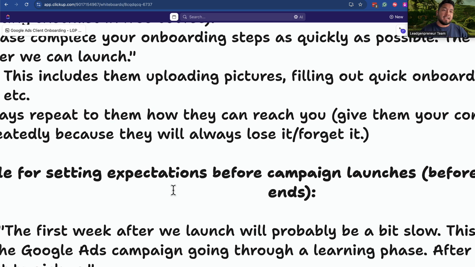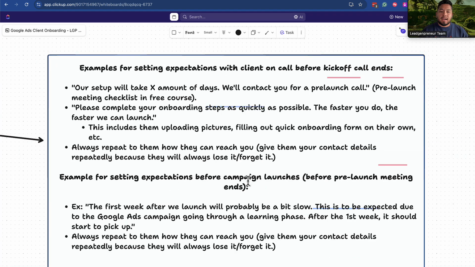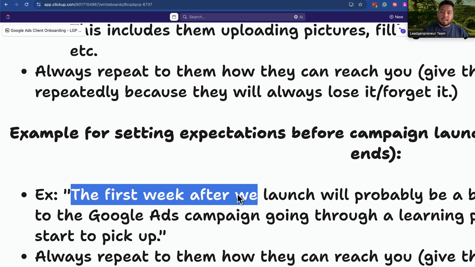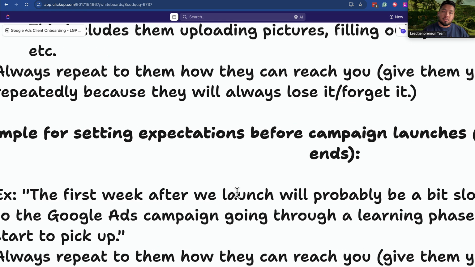Now, let's say that's what now the call can end, right? You've set the expectations, what's going to happen. But now, what happens before the campaign launches, right? Because let's say it takes you 2 days, you contact them, hey, let's schedule our pre-launch call. Cool. The pre-launch call, what you're going to say is, as soon as you launch and they're cool with everything,